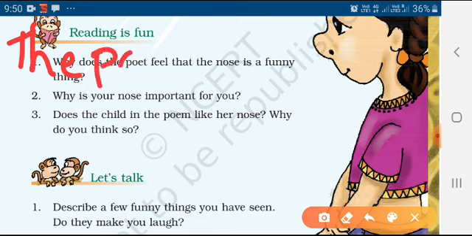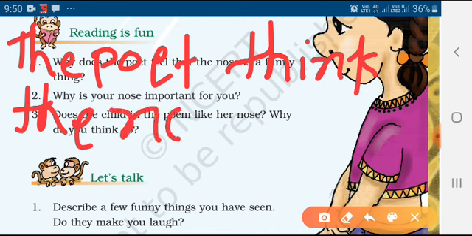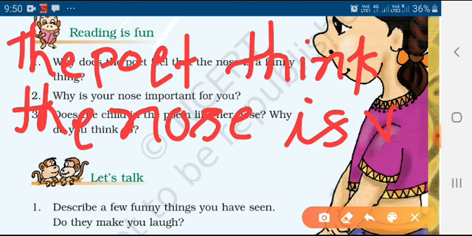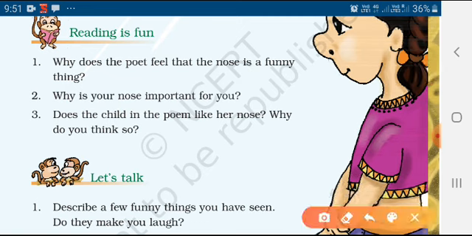The poet thinks the nose is very funny because